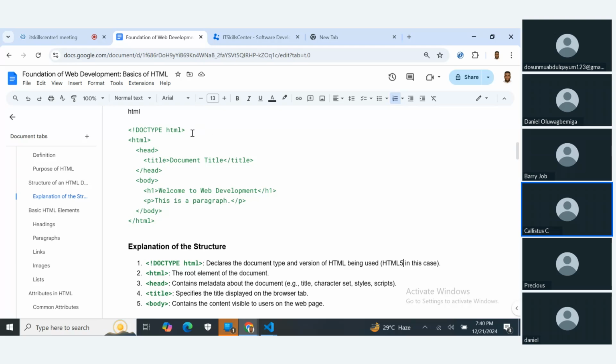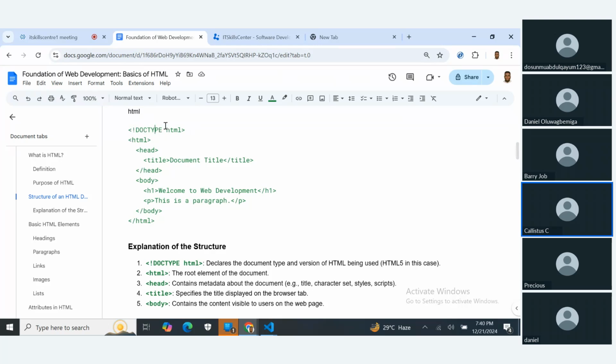And this is a way of giving the browser an instruction. Websites are displayed on browsers, so you need to tell your browser that this is not an image, this is not a PDF file, this is an HTML document. And this is how it's declared, by using the less than sign and greater than sign,